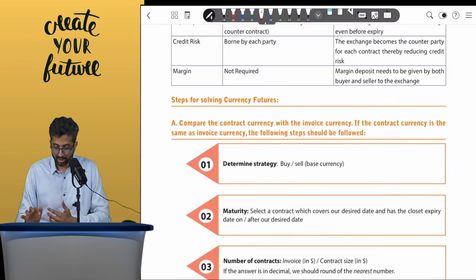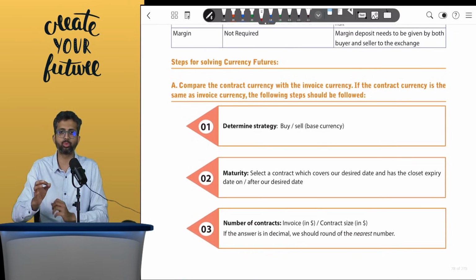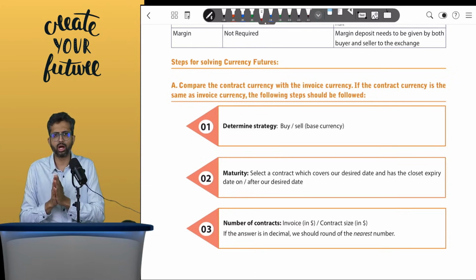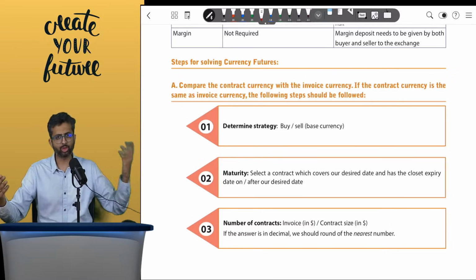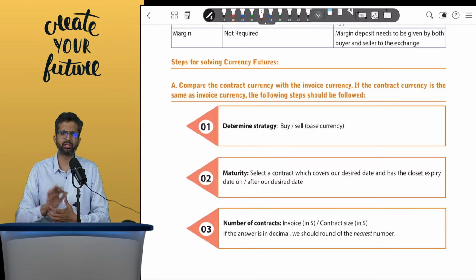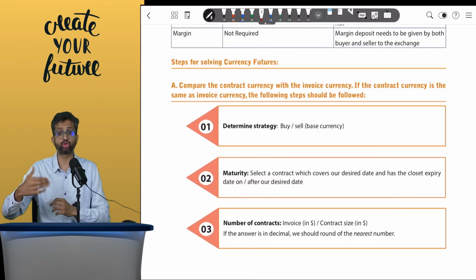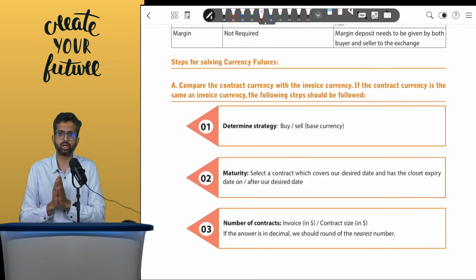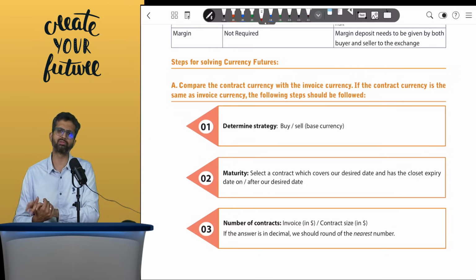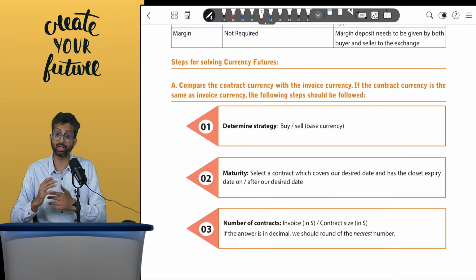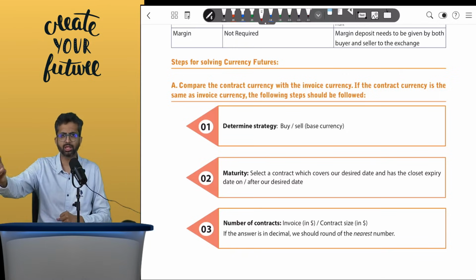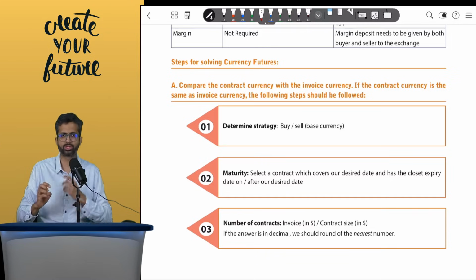Now, the steps for solving a futures question would be: first, you will identify the currency of your invoice and compare it with the currency of the contract. So, if your futures contract is in dollars and your invoice is also in dollars, it's a simple question. If you are an importer, you are going to buy dollars, so you will buy the dollar futures. Second, select the maturity. The maturity selected will be the one that covers your desired due date and is nearest to that. Third, the number of contracts. You will take the invoice value in dollars divided by the contract size in dollars, and that will give you the number of contracts. Maybe in decimals, you round off to the nearest number. Then at the time of settlement, you will go to the spot market and buy the dollars in the spot market. That will give you the cash outflow in spot, and then plus or minus